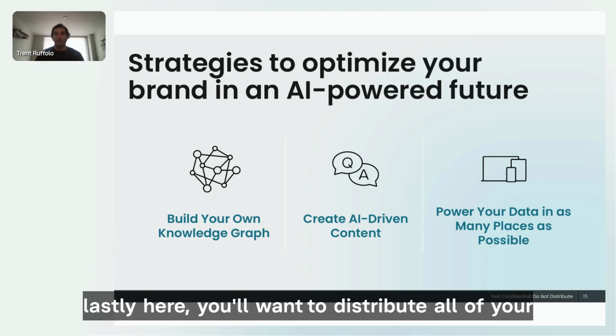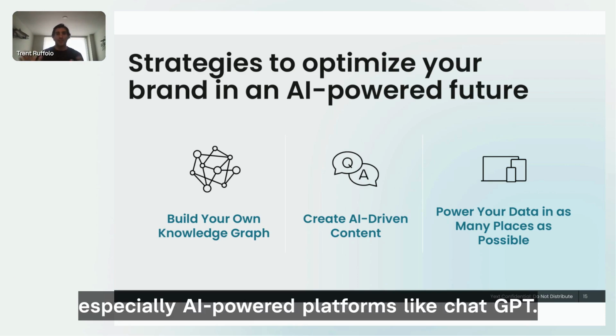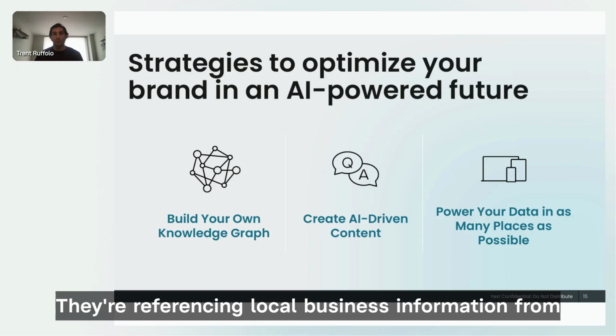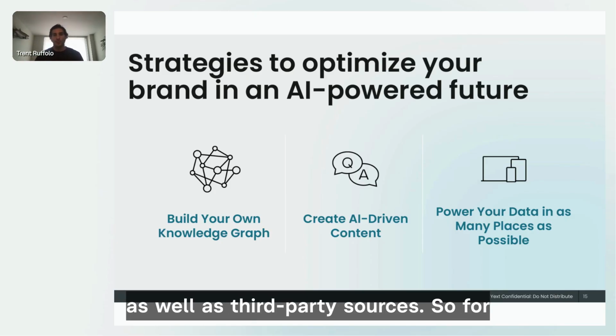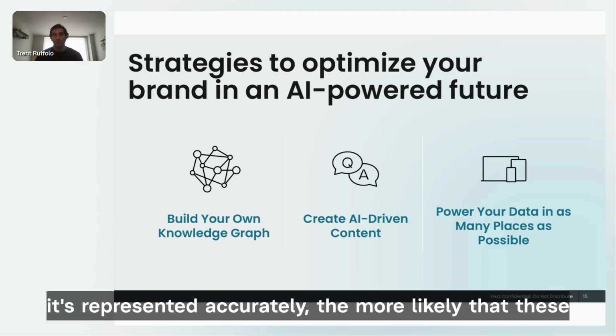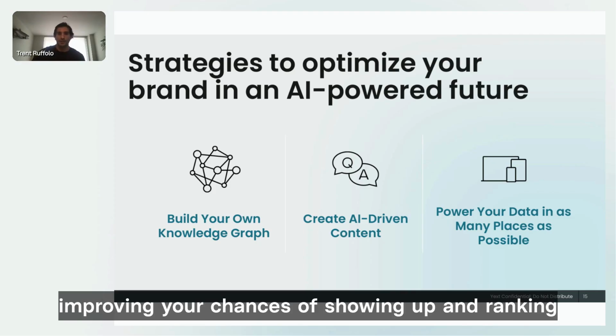And then lastly here, you'll want to distribute all of your structured data to as many places as possible, especially AI-powered platforms like ChatGPT. They're referencing local business information from a variety of both first-party as well as third-party sources. So for you, the more places that you can put your data in a structured way, make sure it's represented accurately, the more likely that these AI-powered platforms will trust your data, thus improving your chances of showing up and